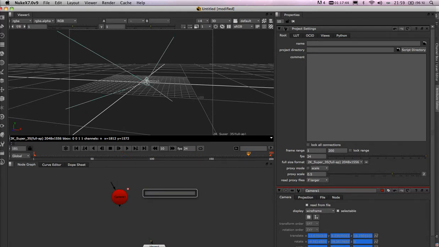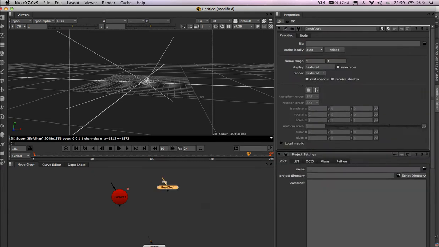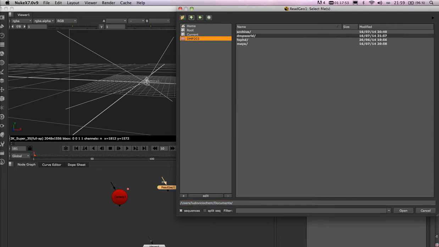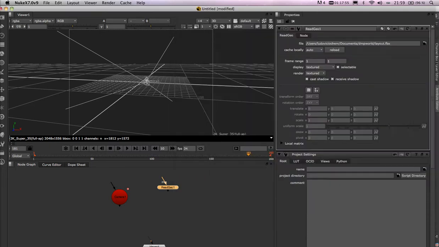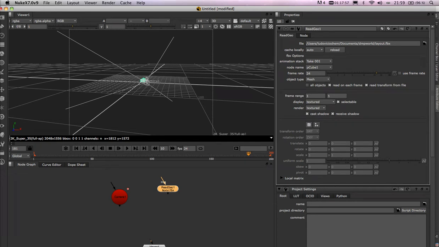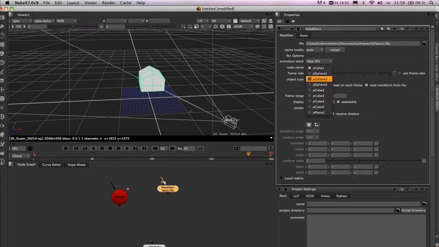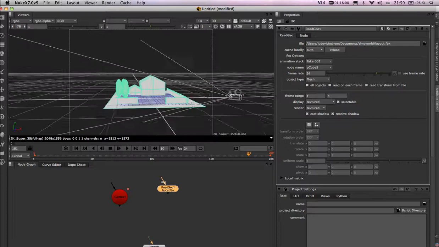Then I need to bring the geometry, so I'm gonna create a ReadGeo node, and here I'm gonna bring my geometry, which is there, layout FX. So if I go here, I see that I have only the big house, and if I go there, I have all the different things I've created. So if you want to bring all of them at the same time, just click all objects here, and now I have my layout